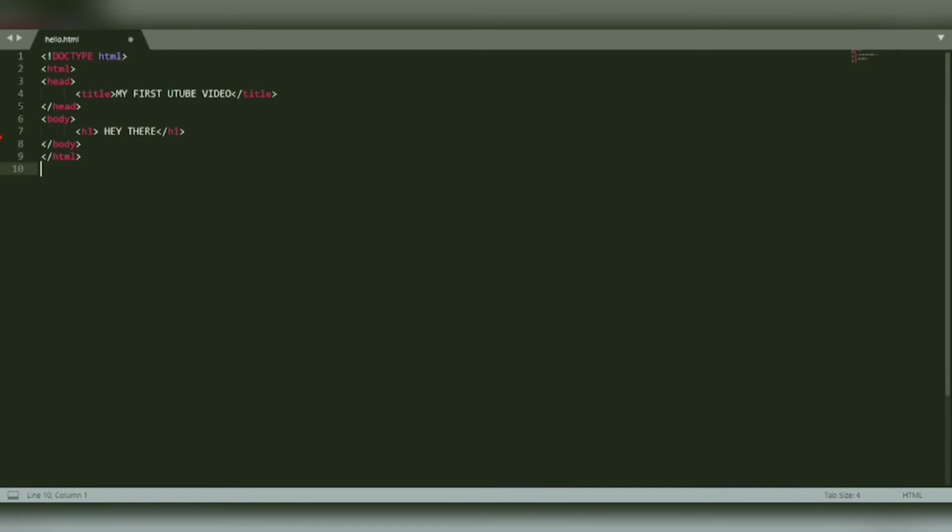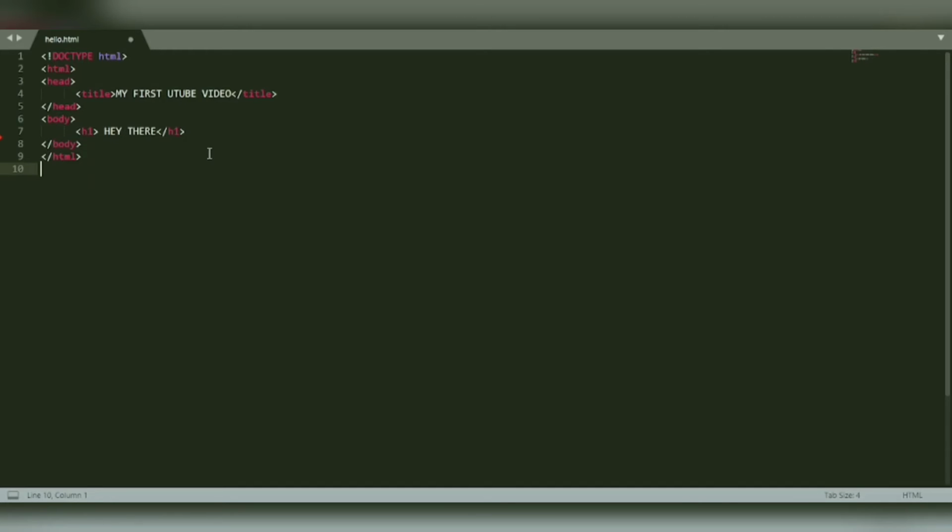Now let us see how to work with the three most important tags, that is the H1 heading tag, second the break tag, and the last one is the paragraph tag. We have already seen how to write a basic HTML program. So this is that program. Now we are just going to add two things. In that program itself, we have already seen about the heading tag, H1. Now we are going to see about the break tag and the paragraph tag. Break tag, it is going to provide a line break.